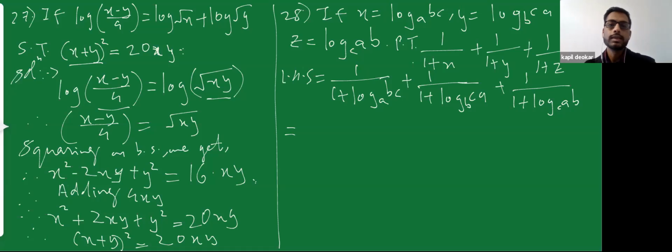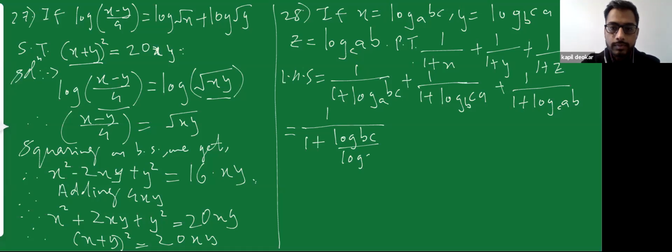We have seen one formula which is change of base. What is change of base formula? Change of base formula is, if I have log of m to the base n, I can write that as log m upon log n. We'll see once again. If I'm having log of bc to the base a, I can write that as log of bc upon log of a. Log of m to the base n is log m upon log n. Therefore, log of bc to the base a would be log of bc upon log of a